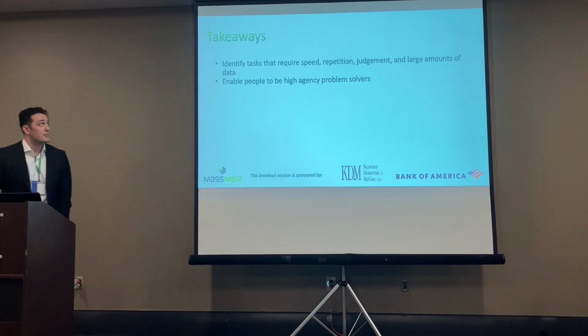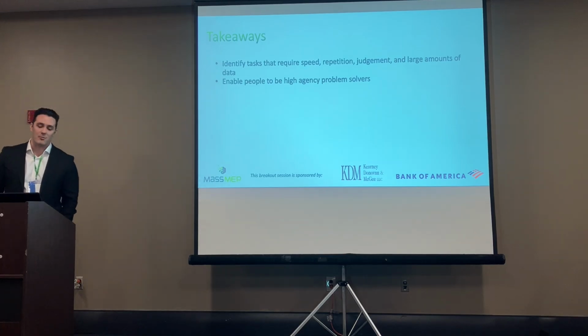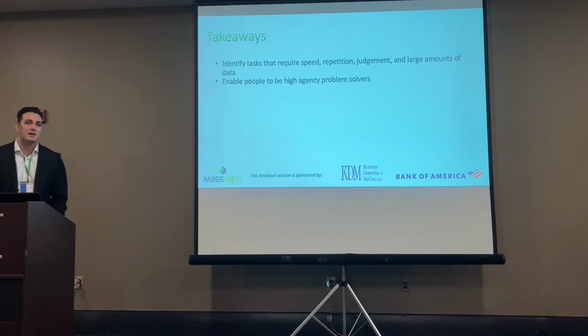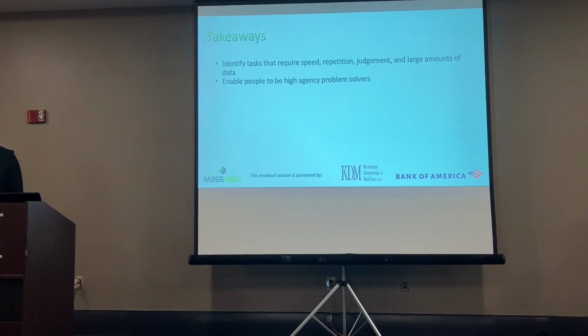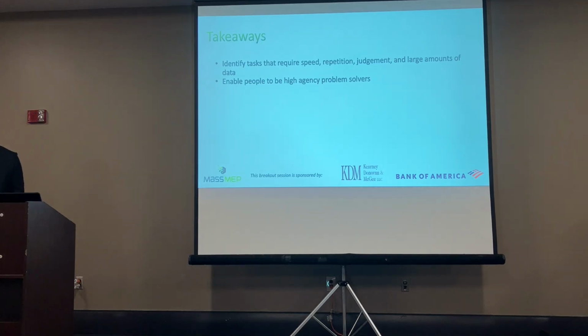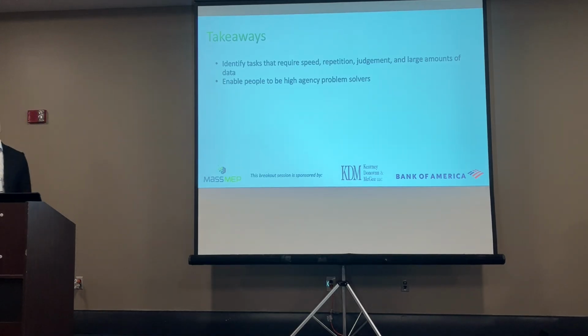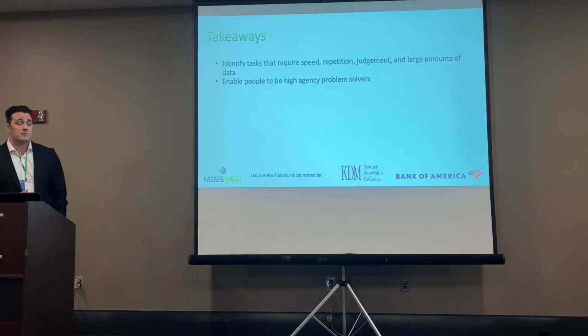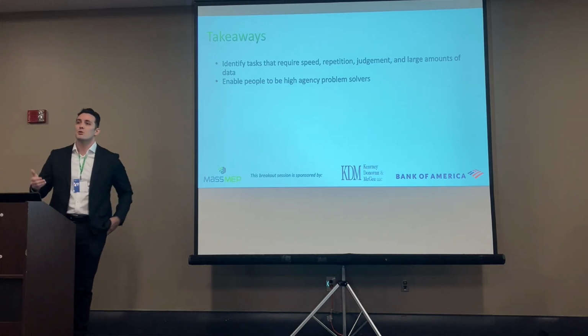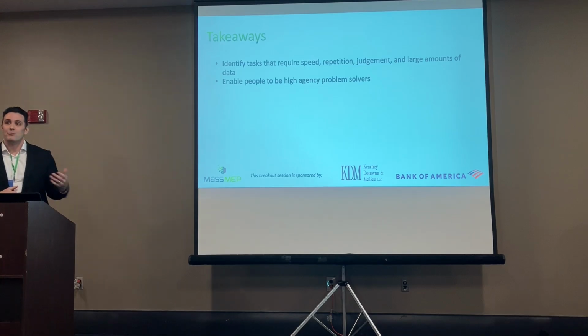So here are some takeaways that I'm hoping you walk away from my talk thinking about, which is, one, how do we identify the right tasks to start applying this technology to? There are four categories, or four tags, that I try to tag potential tasks with to see if I can identify a good fit for an agentic model. The first of which is speed, right? Something that needs to happen either in a timely manner or just fast in general. Repetition: something that happens very frequently that bogs us down on a day-to-day basis.